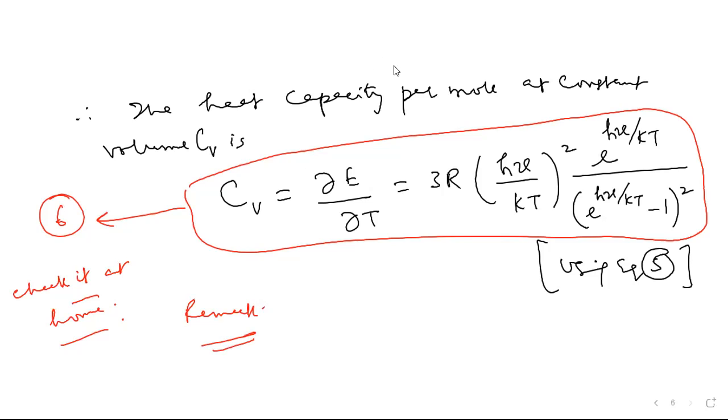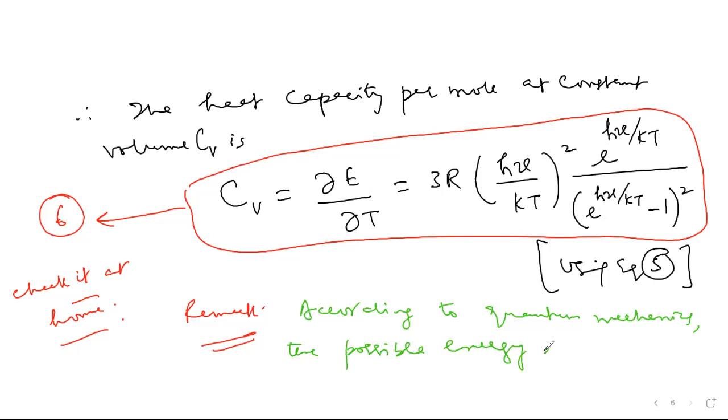According to quantum mechanics, the possible energy levels of a harmonic oscillator are given by